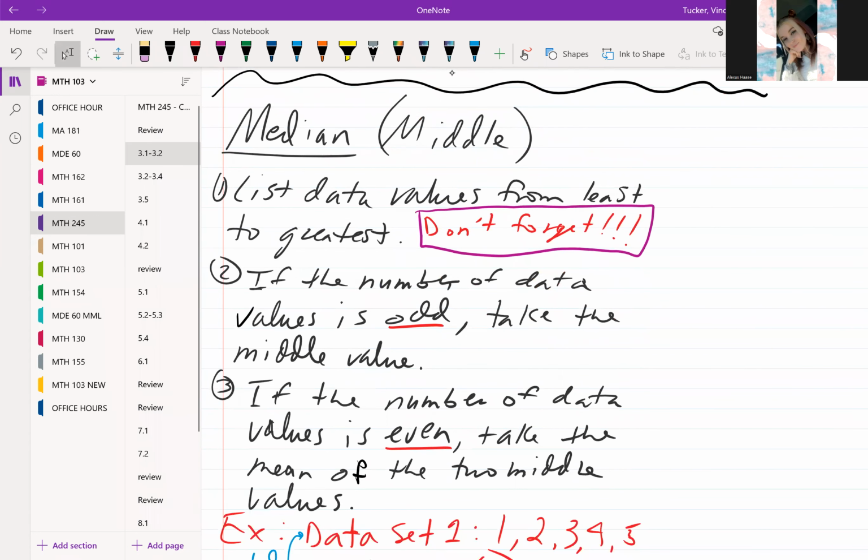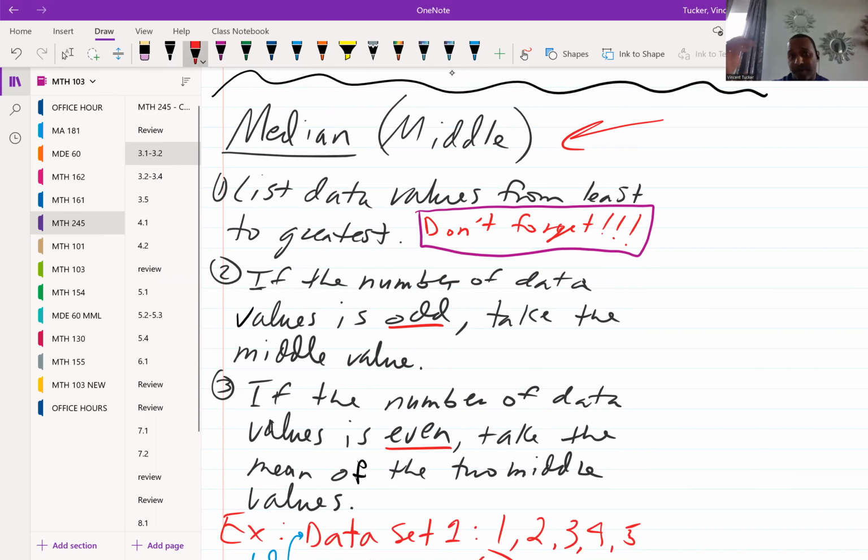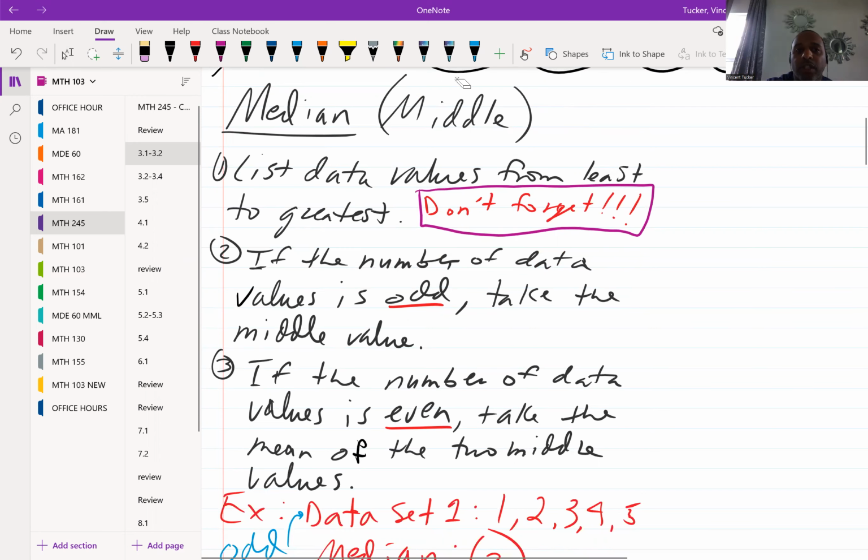All right, so our next one. Now for your section, your book, I believe median is going to be in another section, I think it might be 3.4 or something like that. But it's okay to just talk about it now since it's in the flow of mean, mode, and median. It may not show up in this section, but it will show up in the next section or two. It's still in the same chapter, so let's go ahead and knock it out while it's in that flow. So, median.